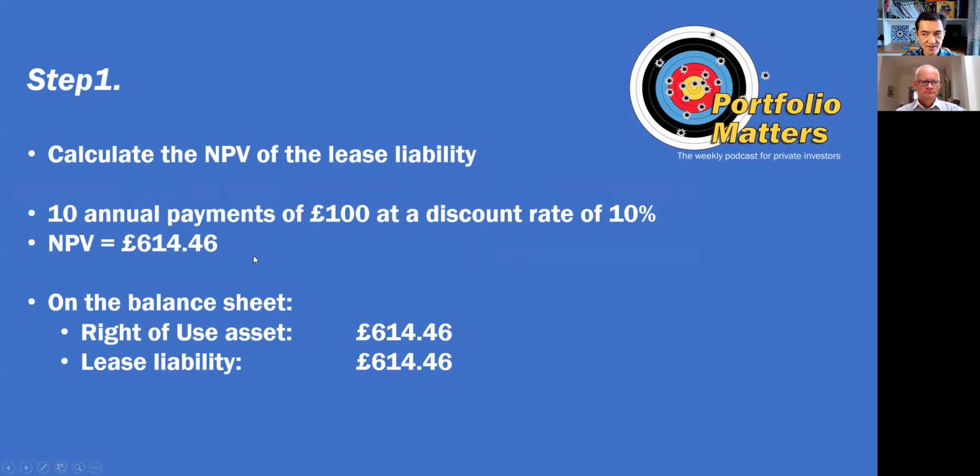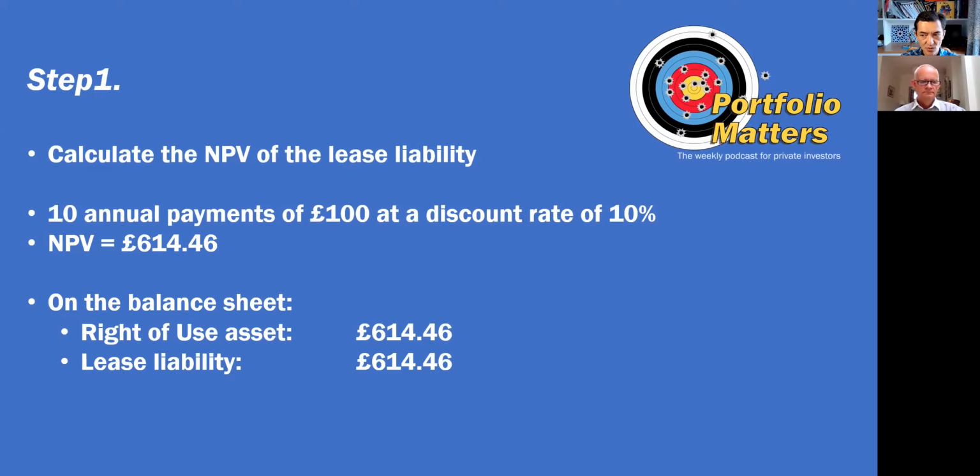So the first thing you need to do is calculate the net present value of the lease liability. And this can be easily done using a function in Excel. Essentially, you put in all the payments and the discount rate and a number pops out. So for 10 annual payments of £100 at a discount rate of 10%, has a net present value of